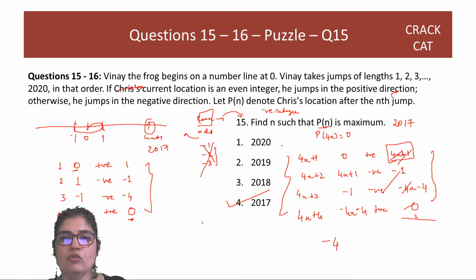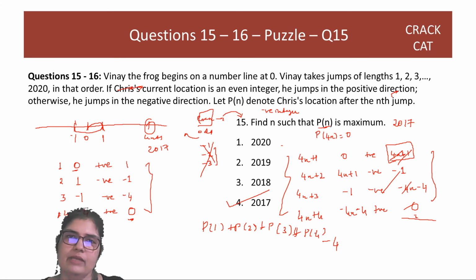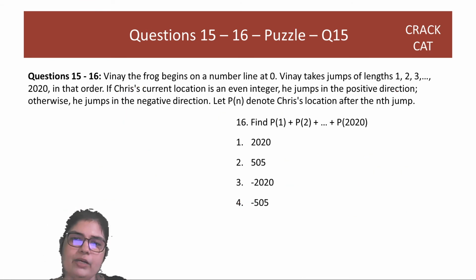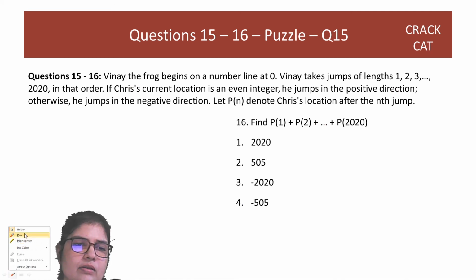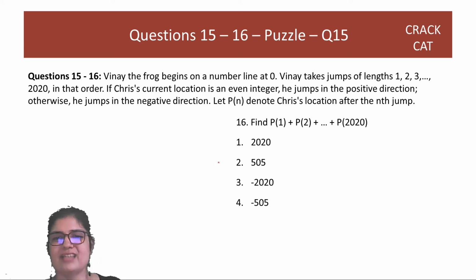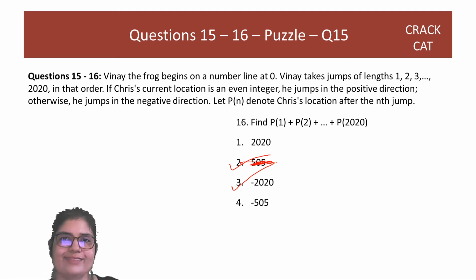So every time you move by 4, P of 1 plus P of 2, you are just going to be at -4. Every 4 is -4, every 8 will be -8, right? And if you're moving by 2020, the answer is going to be -2020. So it starts off looking very difficult. But, oh sorry, not +505, -2020. But a little bit of analysis and the question becomes fairly peaceful to do, right?